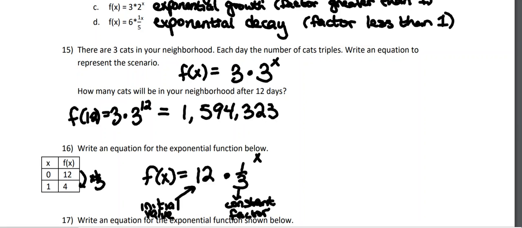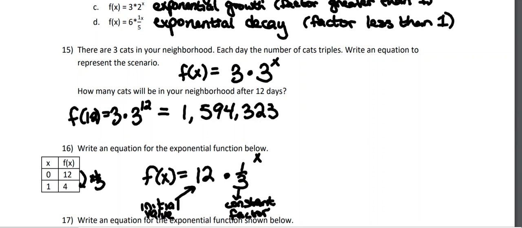How many cats will be in your neighborhood after 12 days? So we put it in the calculator. I don't expect you to multiply by 3 12 times, right? So you put 3 times 3 to the 12th power into your calculator, and you should get 1,594,323. That's how many cats you have in your neighborhood after just 12 days if you start with 3 and